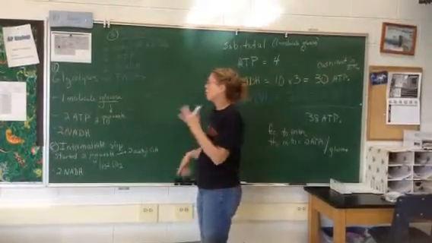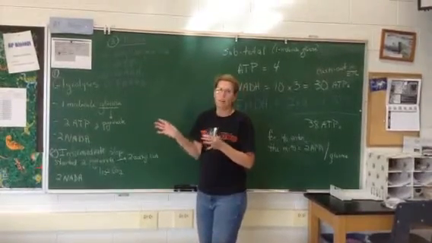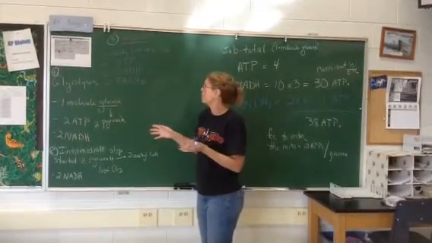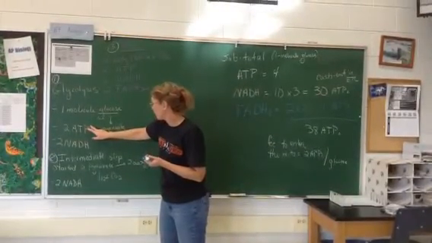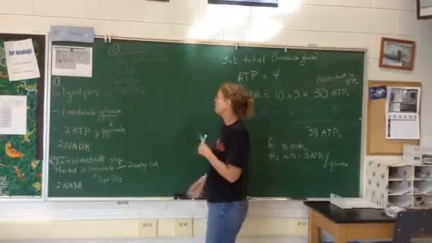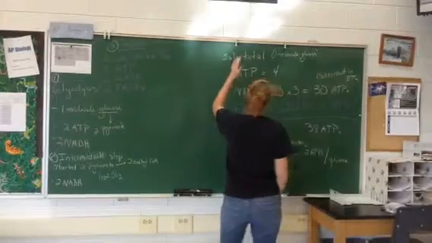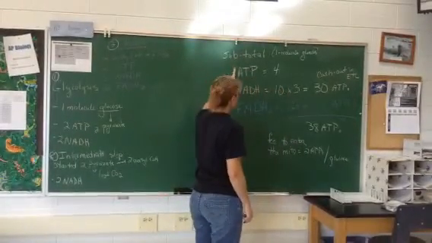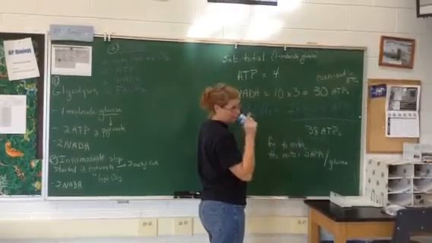But in this whole scheme of things, we are still nowhere near 36 to 38 ATPs. If I count them up, there's 2, 4 ATPs. We have a lot of NADHs and 2 FADH2s, but not a whole lot of ATPs. So here was the subtotal: 4 ATPs. If I count them up, remember I never went back and doubled up our numbers over there, but